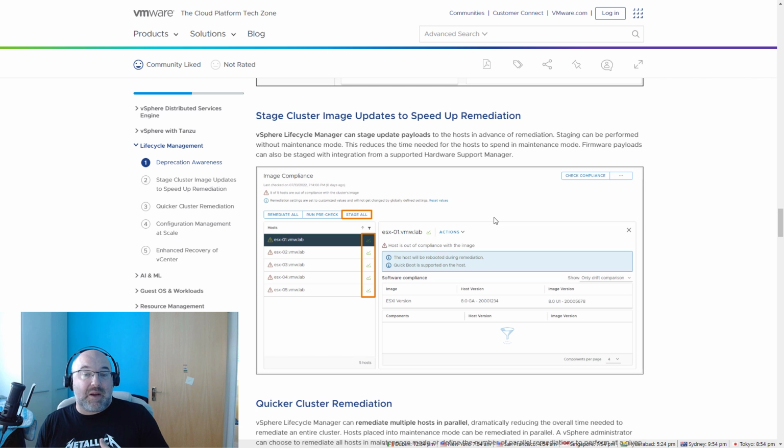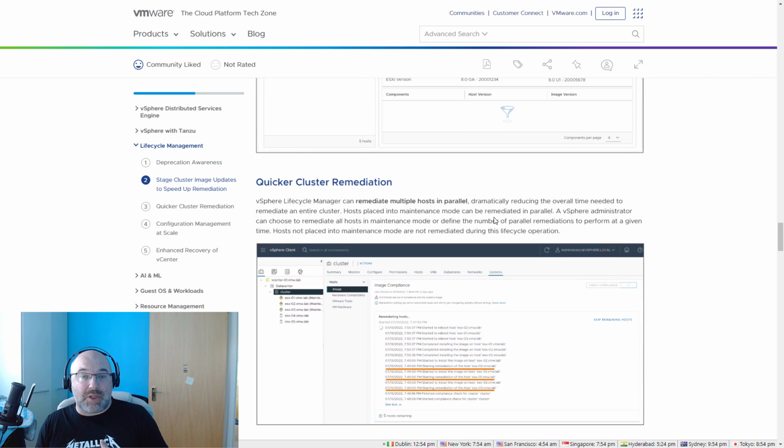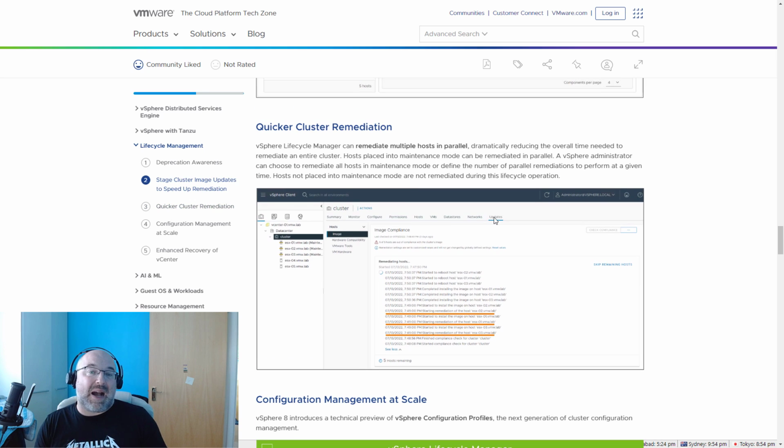Another feature which I actually don't like, they brought back parallel remediation. What is this? This means that you can put a few hosts in one go in maintenance mode. All hosts can be remediated at the same time. Why I don't like it? I just got caught